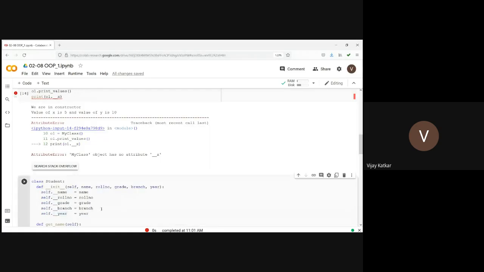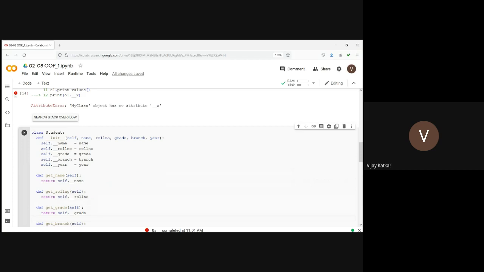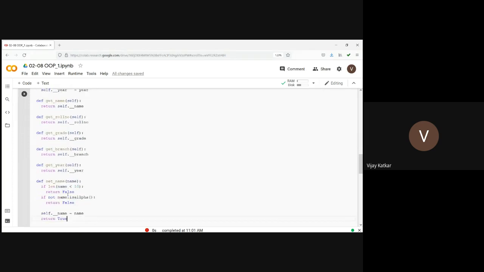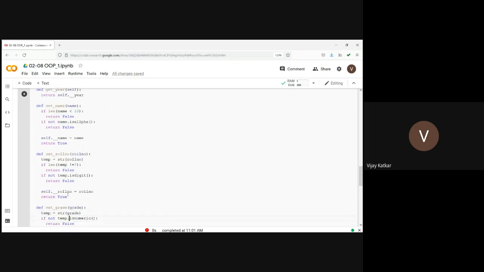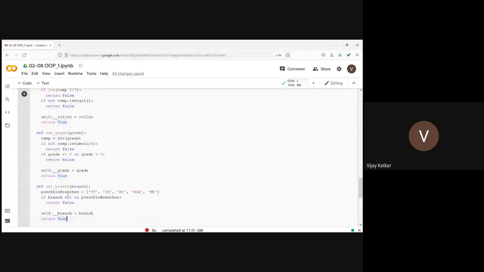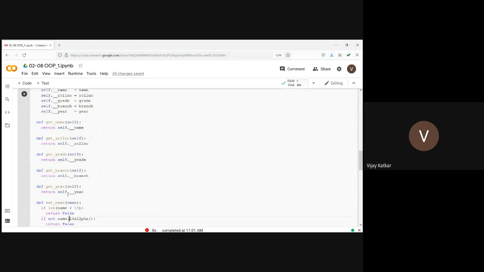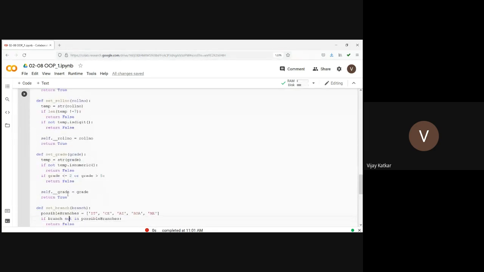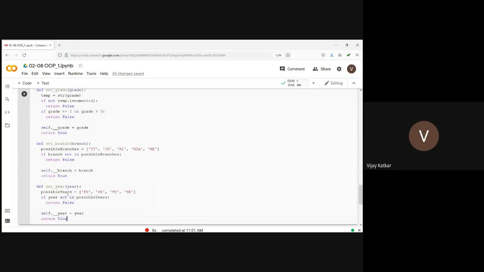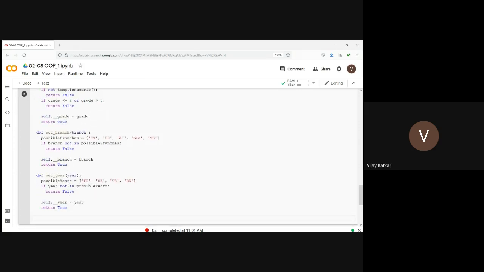So as a rule, we can start get methods with get underscore name and set methods with set underscore name. So let us start by creating the object of a class. The class name is Student. So here, create the object. Let's say S1 is the object of Student class, which takes the argument name. So let's say name is Ajay.